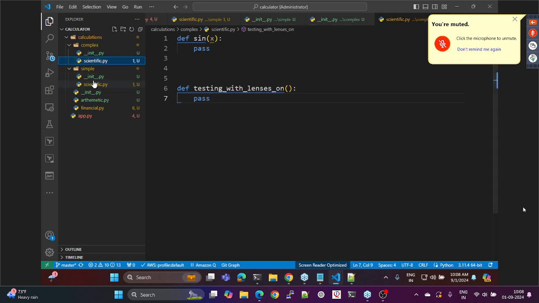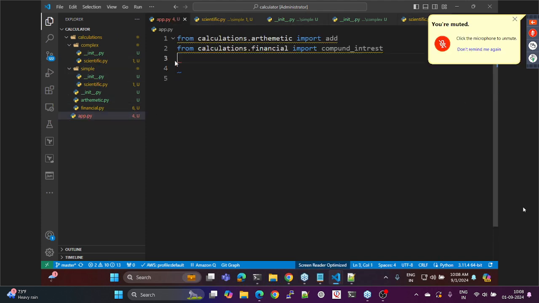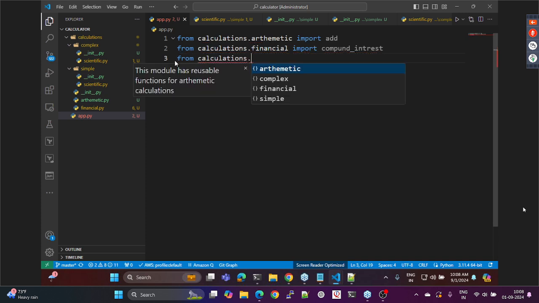Right? So every time doing this kind of stuff will become difficult for me to write that whole function. So what I'll write is, from calculations dot